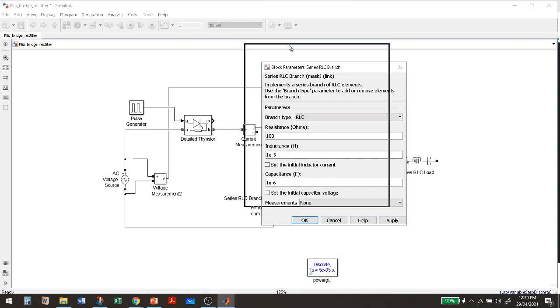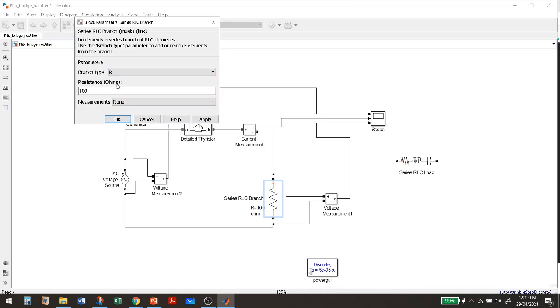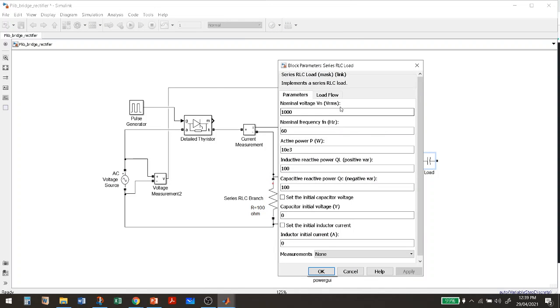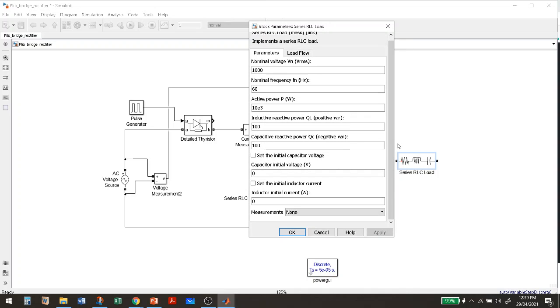Now here the RLC load is there. So you can select R type of load, L type of load, C type of load, or RLC type of load. If you select RLC type of load from the RLC branch, then it will look similar. Here in the block parameters of the RLC load, you cannot change these values of resistance, capacitance, or inductance.